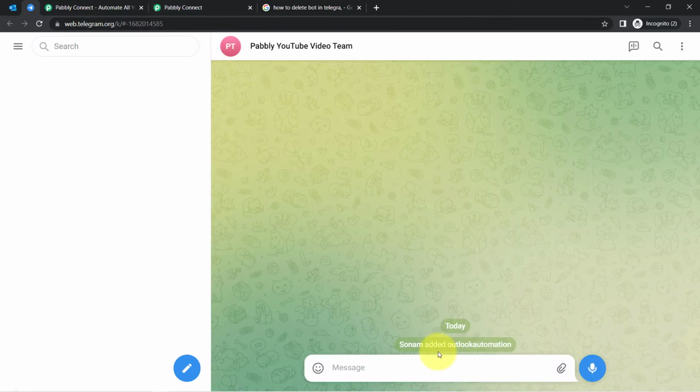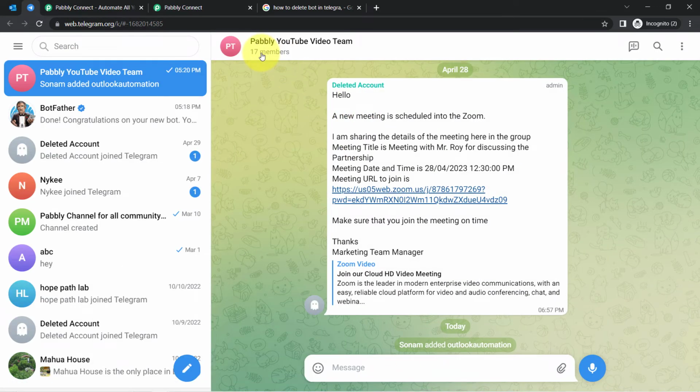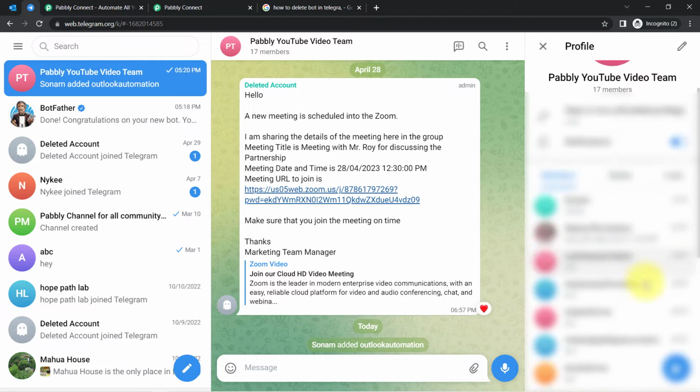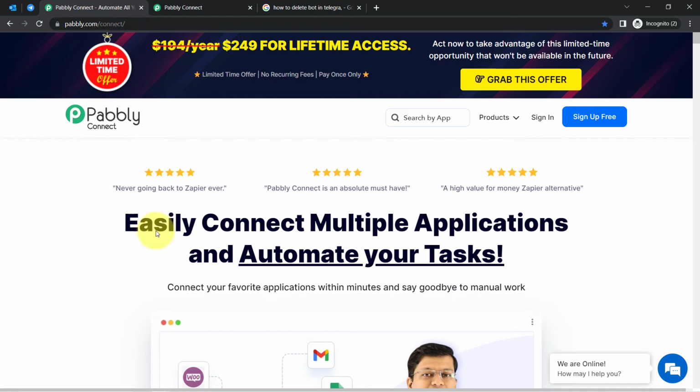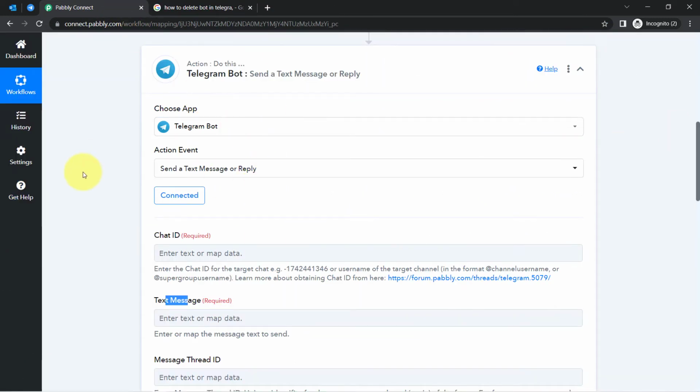Alright, so if I refresh it and show you, you will see that the same bot is now the member, the admin of this group. Okay, so I think everything is done. Coming back to the Pabbly Connect dashboard. Okay, so this is the landing page which I have closed, and this is the dashboard of Pabbly Connect, asking